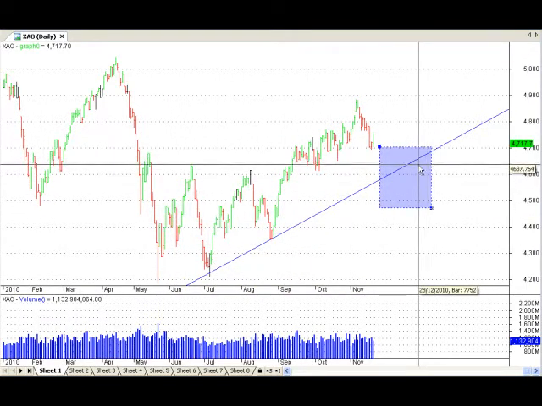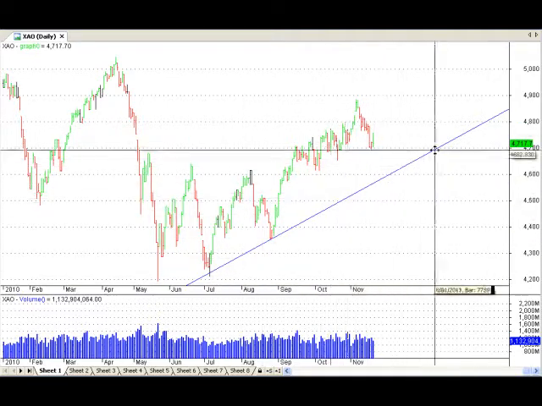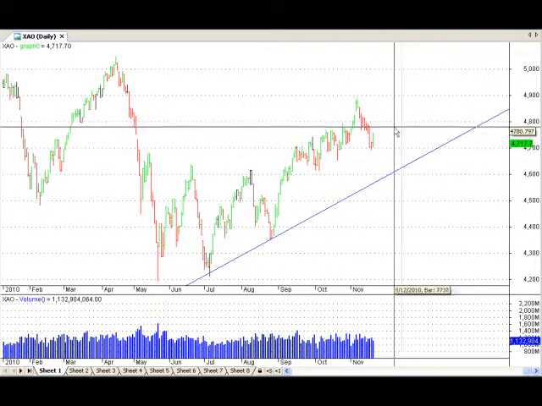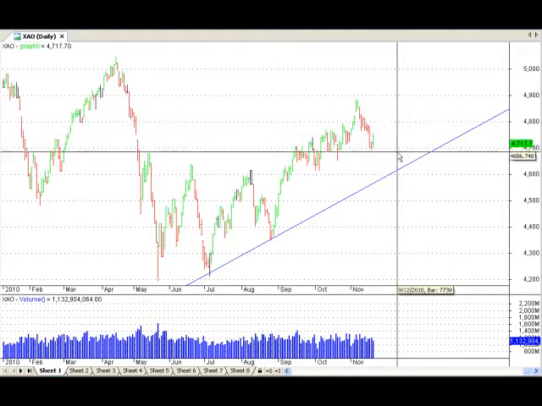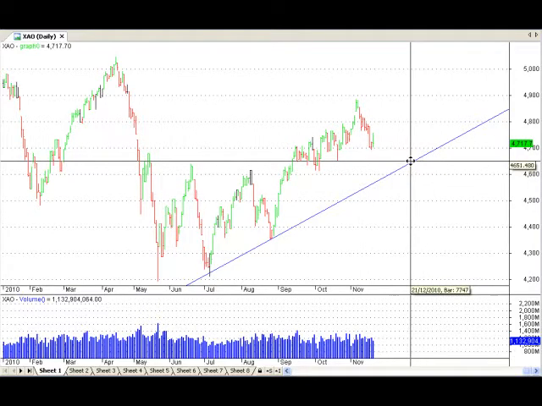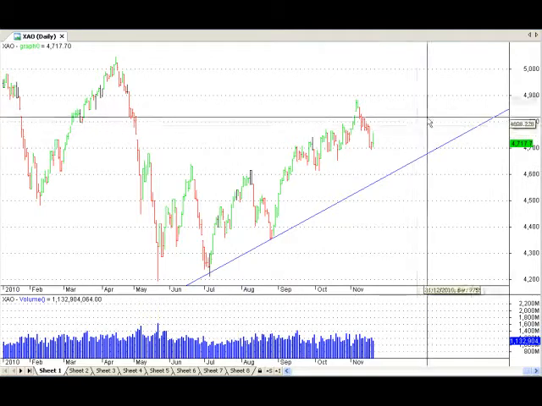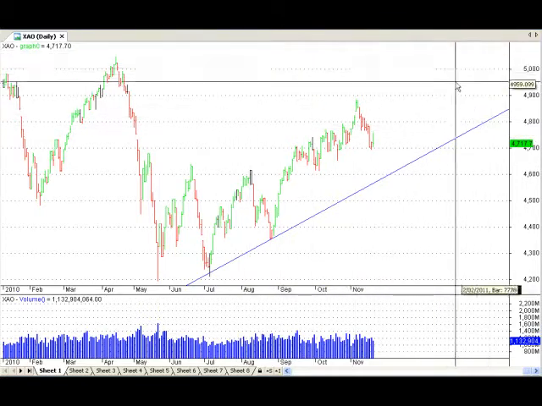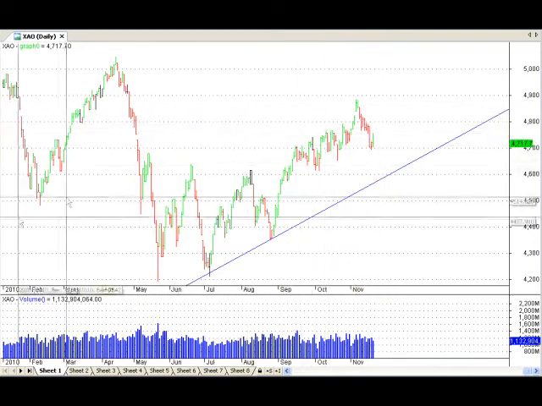So this is a great thing for the All Ordinaries, when these two things combine. We've got Elliott Wave indicating that we might be heading into a sideways movement just for a little while, maybe a month or so, and our longer term uptrend line finding support in the future as well. So expect that sort of movement on the All Ordinaries before our next up move, and then we'll be testing the 5,000 level finally, which is what I've been expecting for a while.